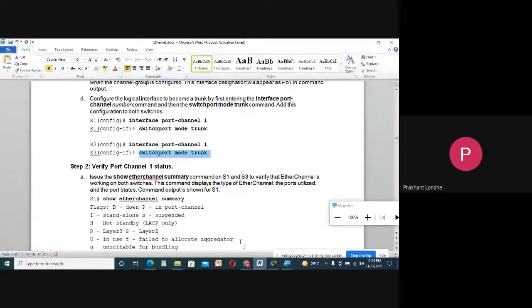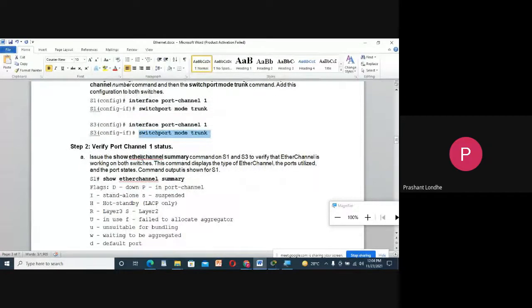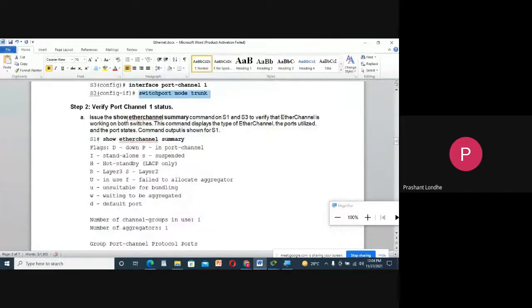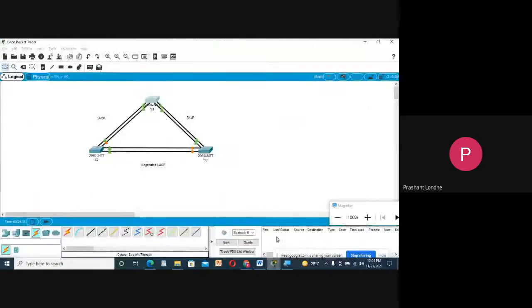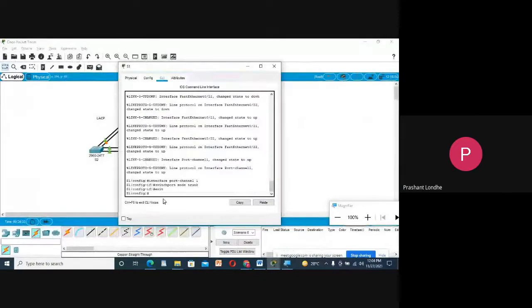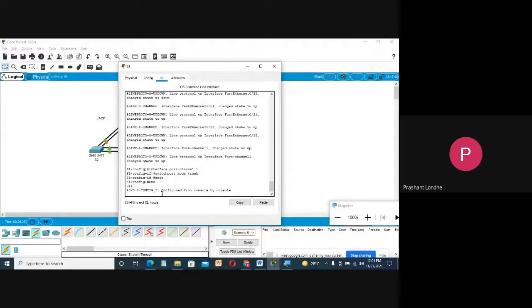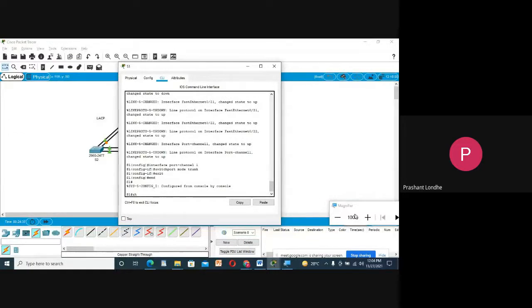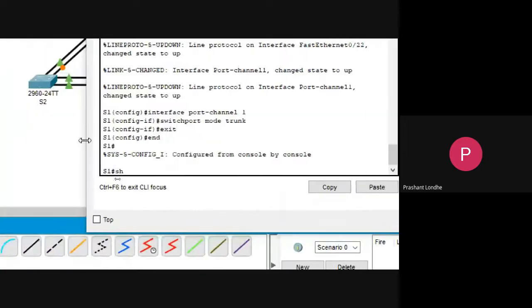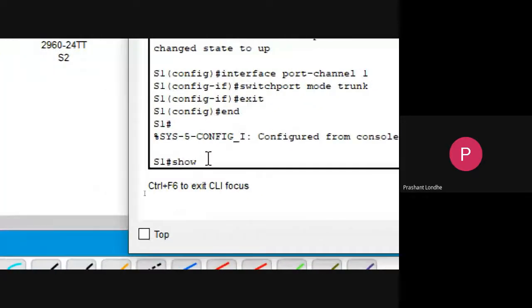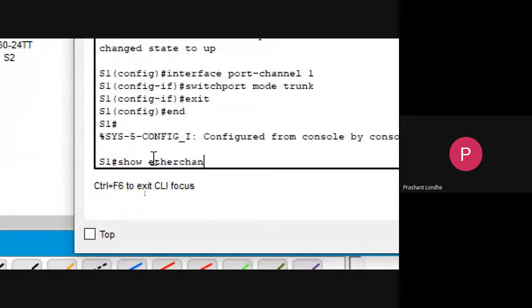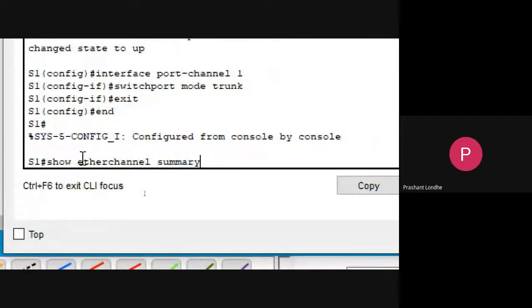Now let us move on. Verify the port channel 1 status. So I will go to S1 and check show etherchannel summary.